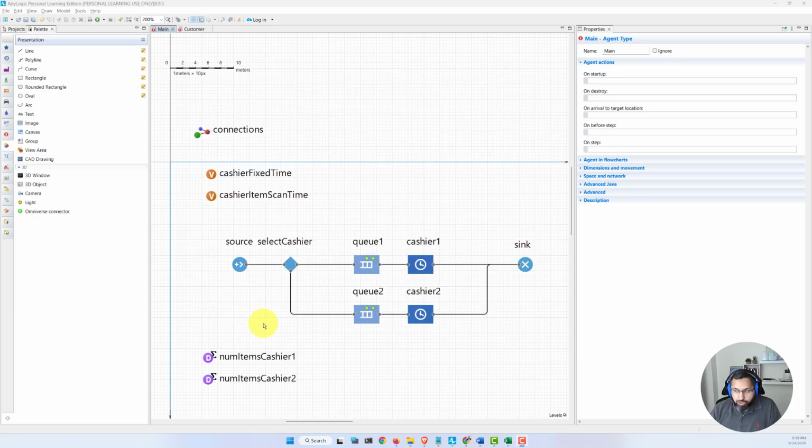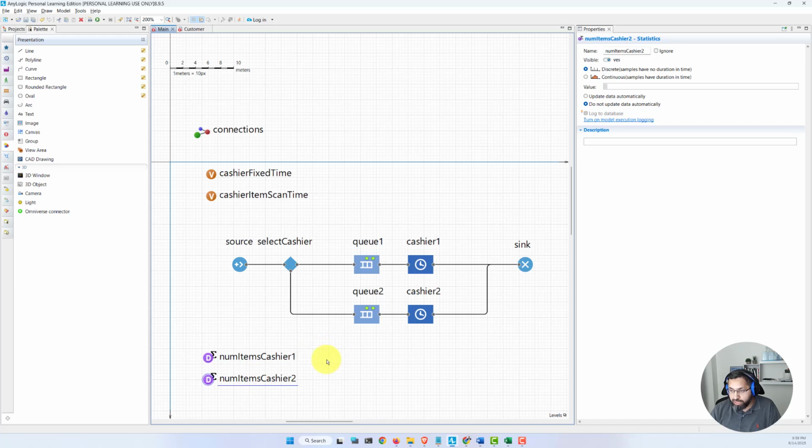I'm going to show you another way you can verify that your logic is working by displaying some information on this simulation flowchart. Because when we add things to the statistics blocks, it just shows us the mean and it saves all the data, which perhaps we can do other stuff with. But if you just want to see whether cashier 1 and cashier 2 are getting customers with different items or not, we can go to this display